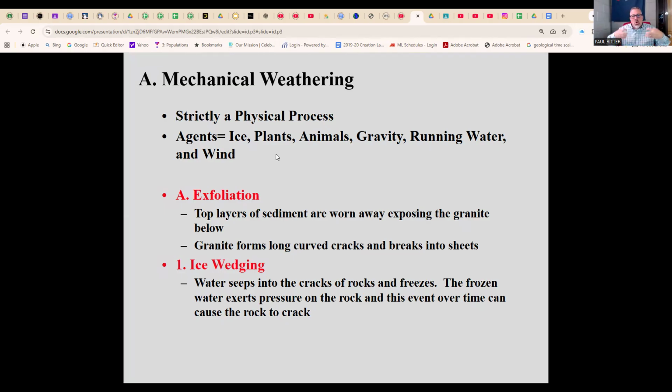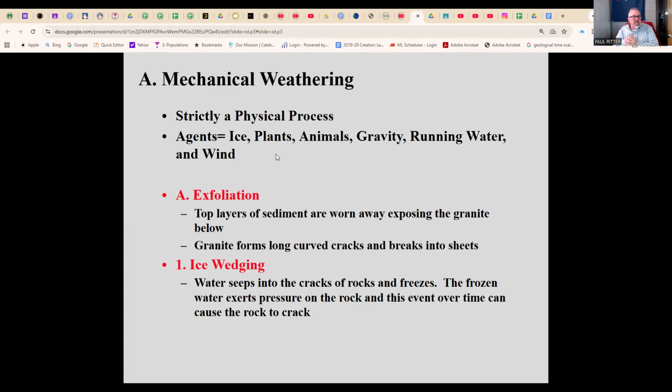Now, when we think about these different types of things, the first one I want to talk about is mechanical weathering. What's mechanical weathering? Something is producing or working on rock or an area in the soil. It's physically breaking it down. Example: if I'm pressing on one side of a rock or if I'm hitting a rock with a hammer, right? So I'm physically doing something. I'm mechanically changing it.